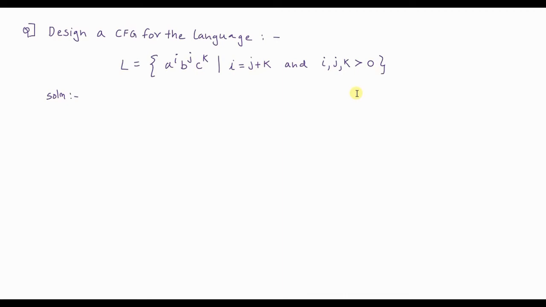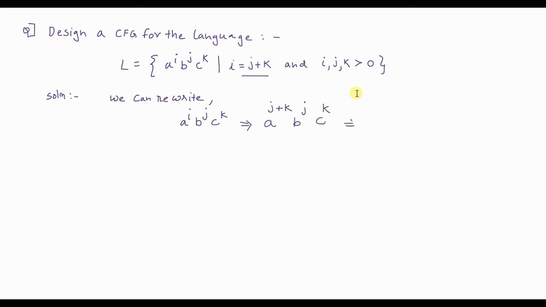So we can rewrite a raised to i, b raised to j and c raised to k. Using the definition that i is equal to j plus k, we can write this as a raised to j plus k into b raised to j into c raised to k.